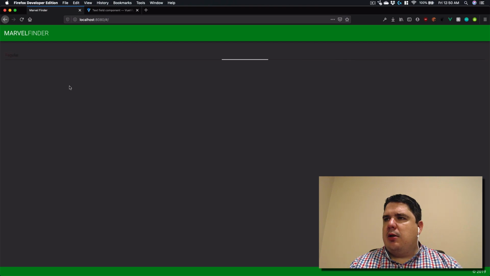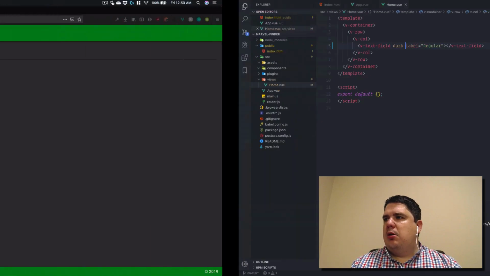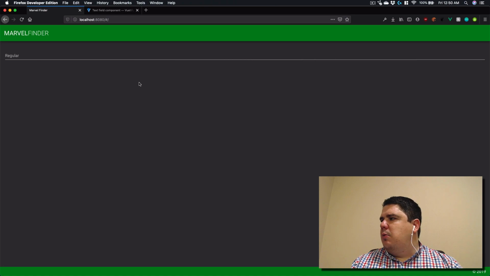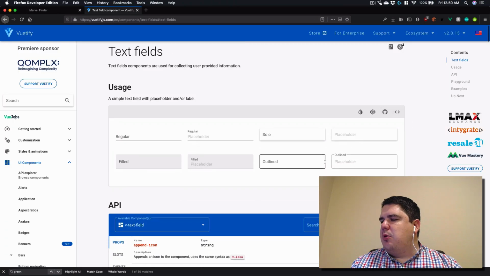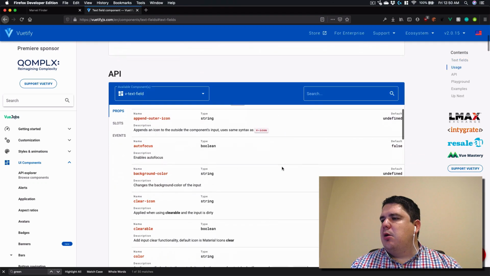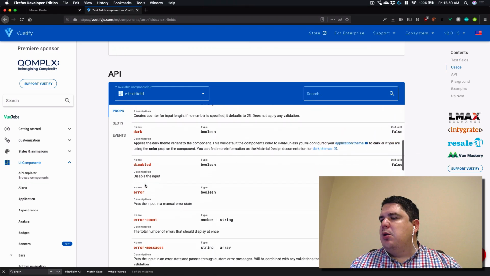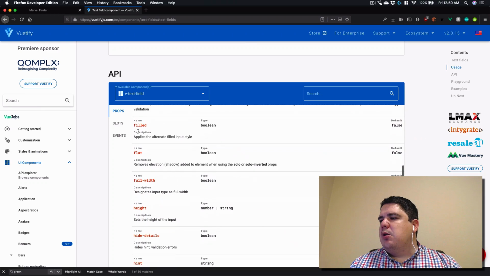You know what? I don't like it that much. Let me say that it's a dark component. Okay, I like it a little bit better. But it looks too plain for me. So probably we could change it a little bit. Probably we can use the outlined one. Yeah, this is a little bit better. So we see the props, we see the different sections that we can enable. It has the dark in there, that's why we put it. But let's actually look for